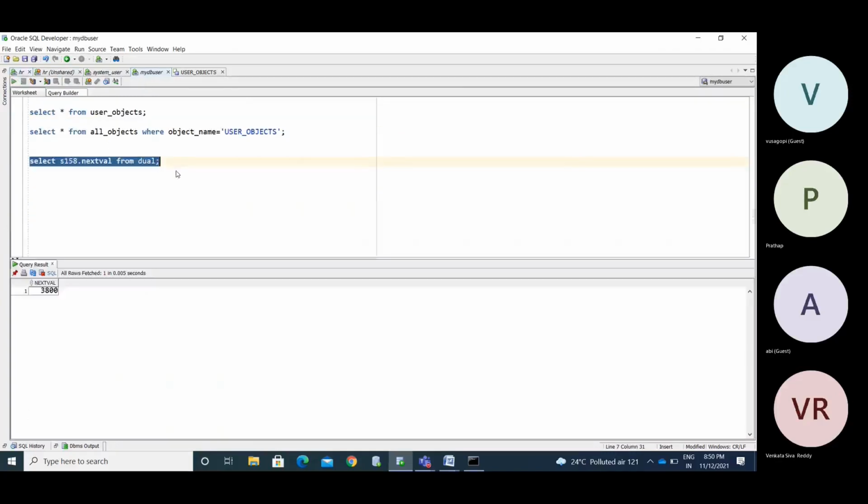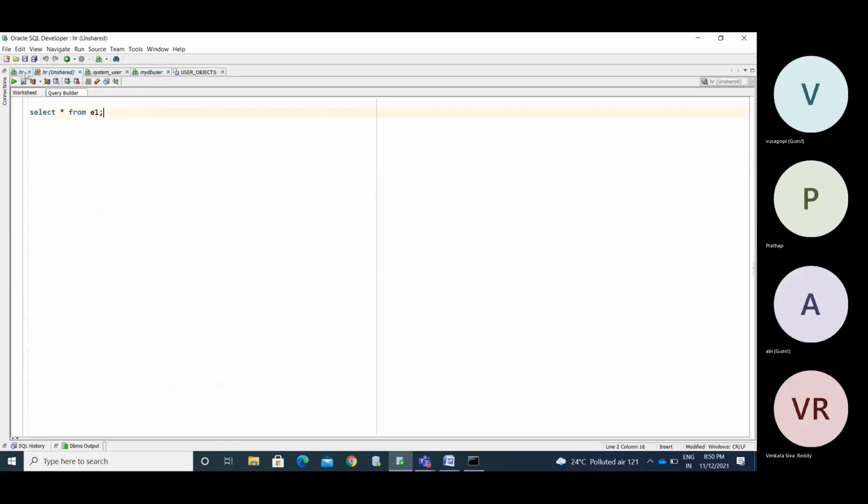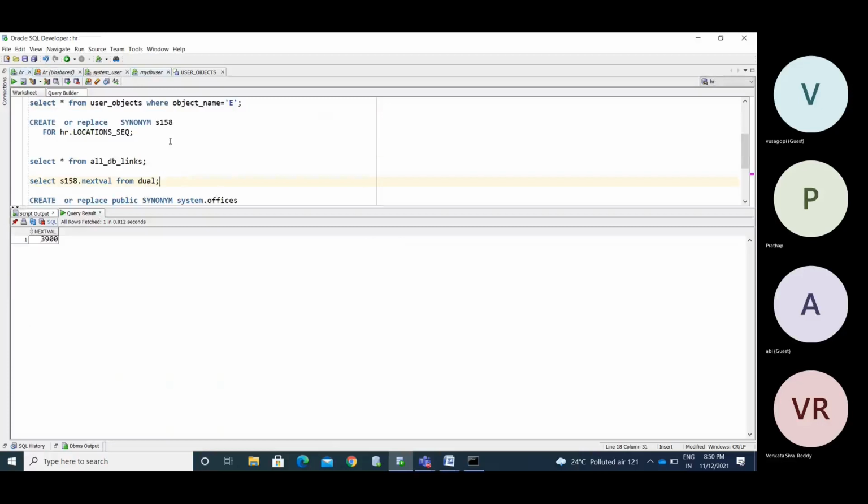Now I am going to call again here. Usually, till 10g you cannot access it. Else I am going to create it with a different name. We created the public synonym, right? A public synonym is stored in a different meta object, and a private synonym is stored in a different meta object.